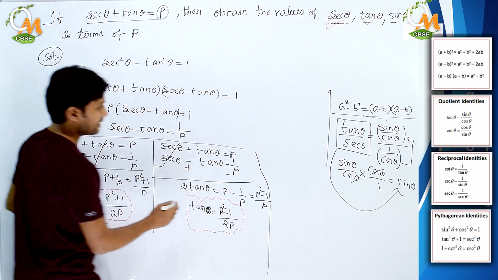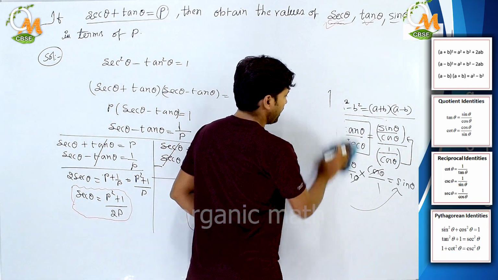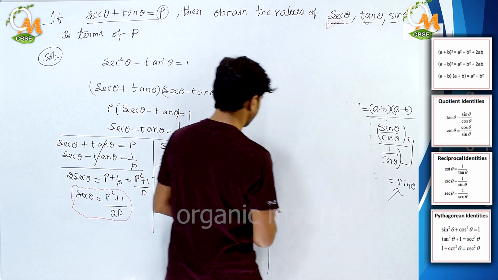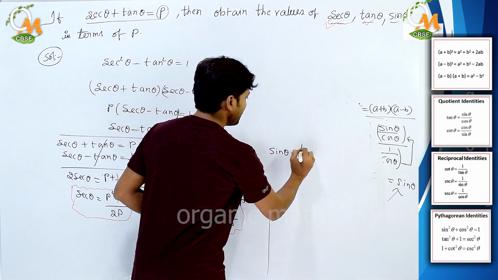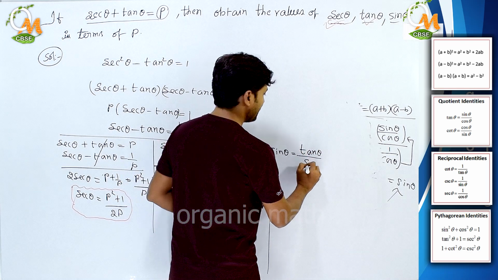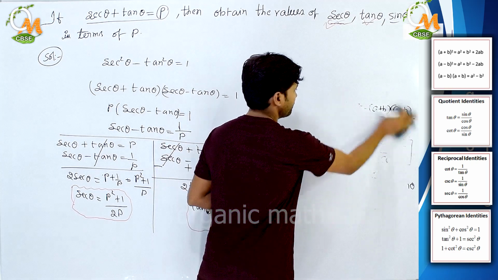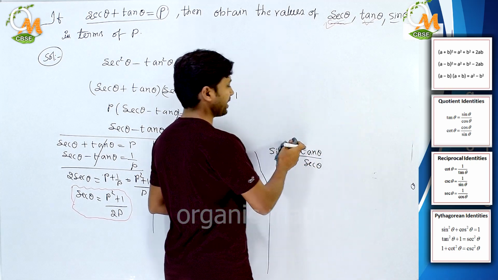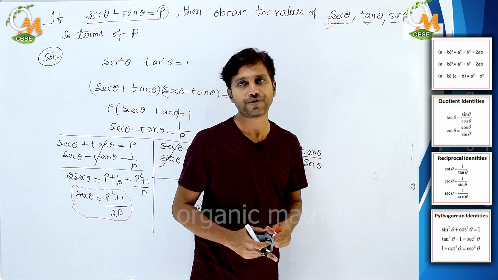So sin theta is equal to what? Now you can write here. As you know from this, sin theta can be written as the ratio of tan theta by secant theta, due to this explanation. If you write this as sin by cos and this as 1 by cos, the cos terms will be cancelled and sin will be left over.